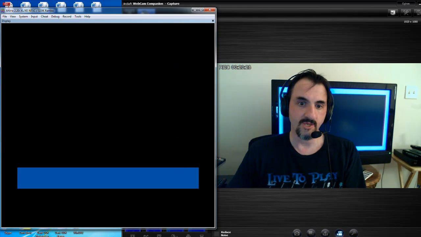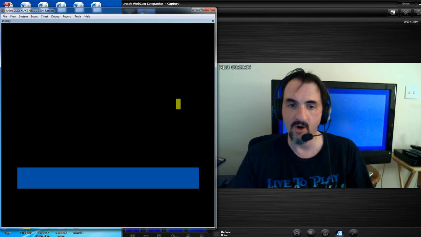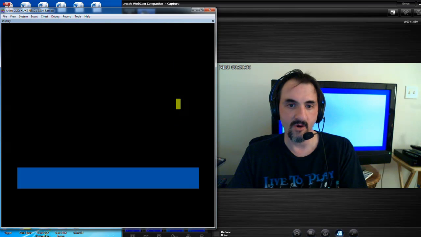There you can kind of see it's moving up and down now. It's a paddle, so it's not going to be just a little dot. It's actually like a paddle in the old days. If you've ever seen the old Pong games, this is kind of emulating the Pong games